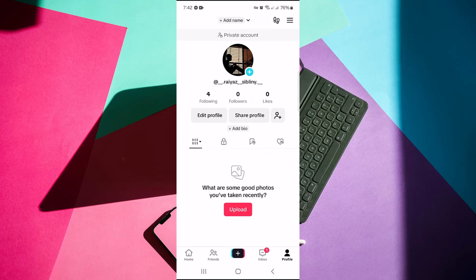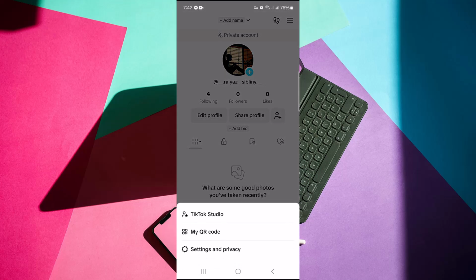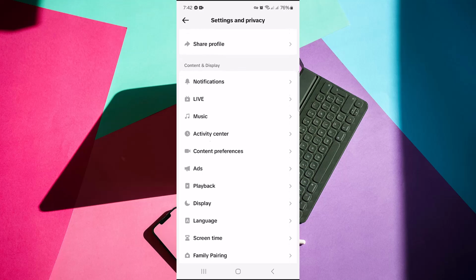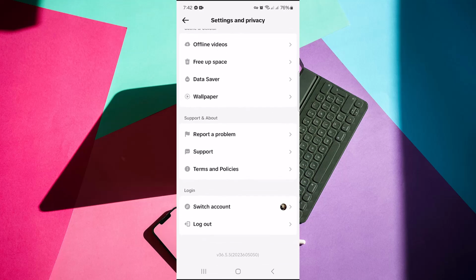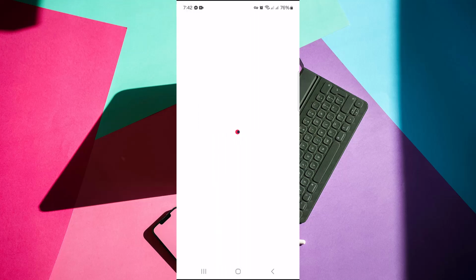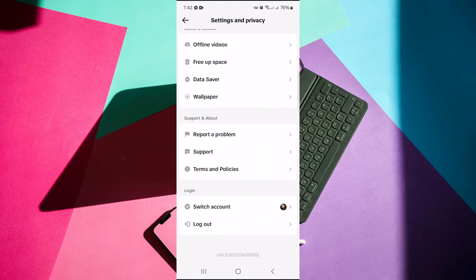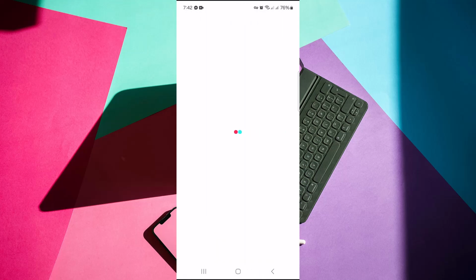And let me show you the Help Center. Head over to the hamburger menu and go to Settings and Privacy. Here, if you scroll down, you can see Support. You see the option Report a Problem. Go to Report a Problem,